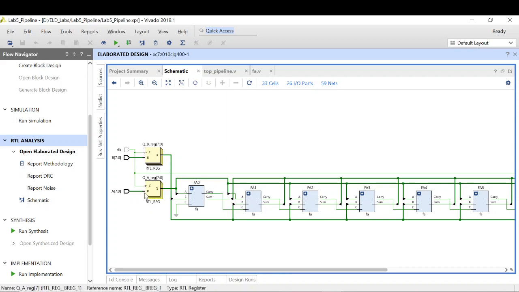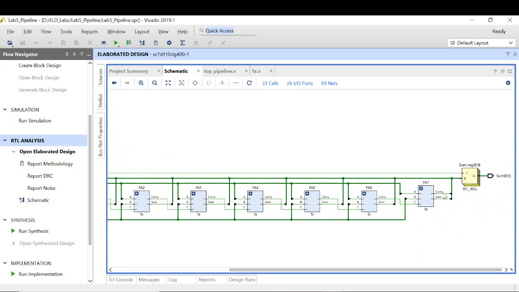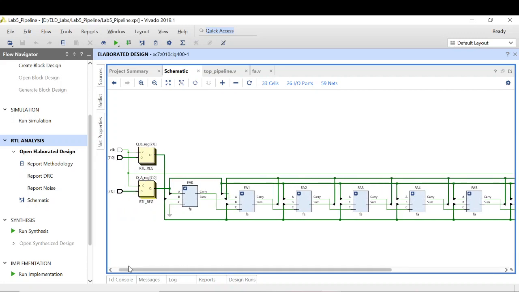Starting from either any pin of A or any pin of B, and going till the last carry, this will be my critical path because it will have the maximum delay, the delay of 8 full adders, right? Now let's do the timing analysis of this design. My design looks very good, like whatever we wanted to implement. What we wanted to implement is a single stage pipeline, which we have done, and this looks good.